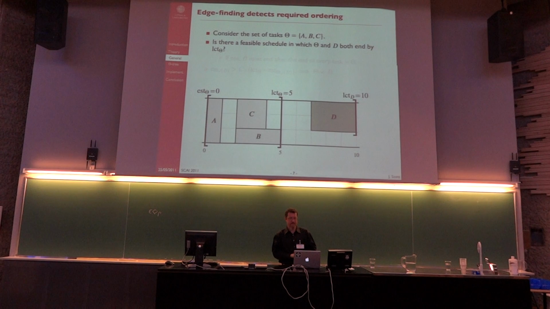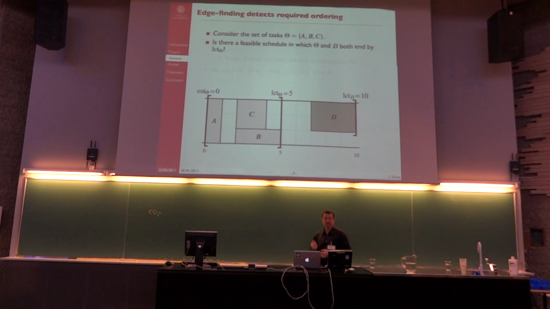So, what is edge finding? If we consider the set of tasks A, B, and C, which I'll refer to from here on out as the set of tasks theta, edge finding asks the question: is there a feasible schedule in which all of the tasks in theta and the task D, which is not in theta, can be completed by the last completion time